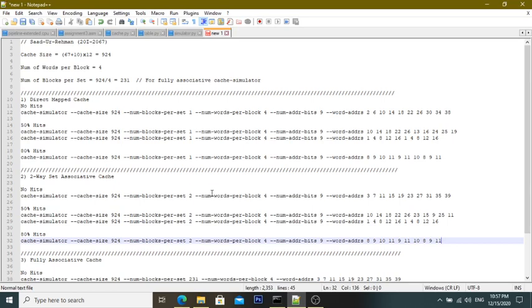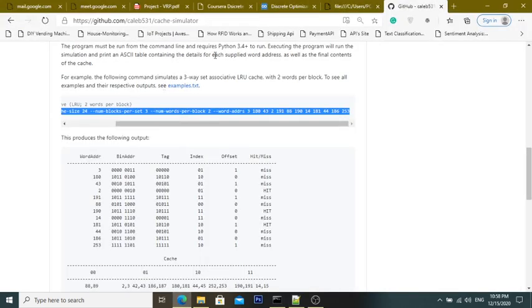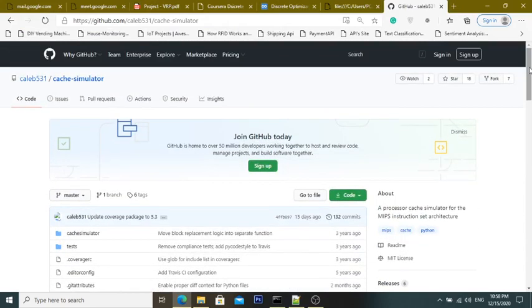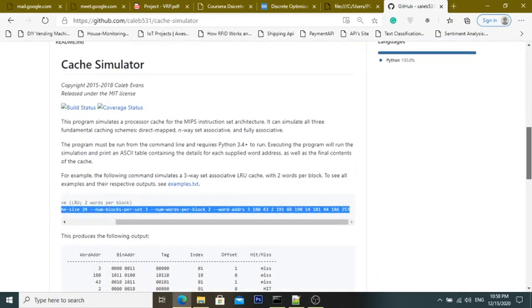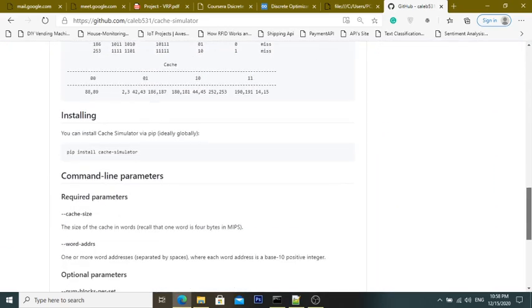In this assignment we are using a cache simulator that we have installed from this GitHub directory. As you can see, this is a cache simulator that simulates all mechanisms of cache, like direct mapped, two-way, three-way, four-way, and also fully associative cache. I have installed this cache simulator in my